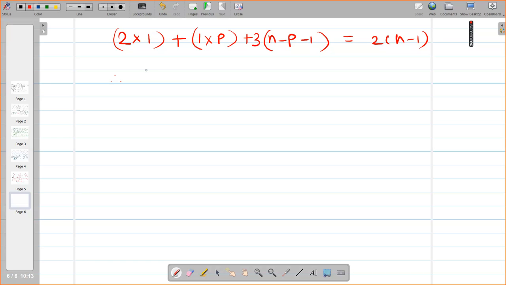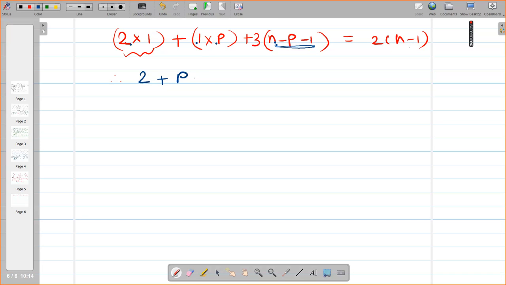Do you understand what I'm saying? This is the root. Its degree is 2, so it contributes 2. There are p pendant vertices that we have taken, of degree 1, so 1 into p degree, plus the remaining vertices: out of n, p vertices went as degree 1 and one root went, so that many vertices are of degree 3. That will contribute this much degree, and the total degree will be 2 into the number of edges. So you can simplify this.